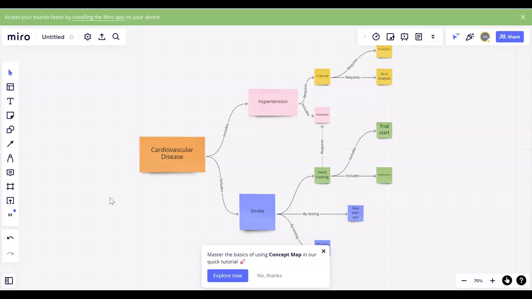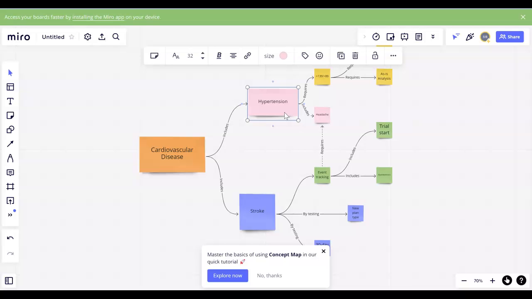So let's take a look at one example of a concept map, and then I'll expand into talking about maybe another good example. So this is one good example. I started off with cardiovascular disease because I'm very familiar with this. I've done extensive amounts of research in the last 10 years, especially original research in cardiovascular disease. And so cardiovascular disease, one of the key types